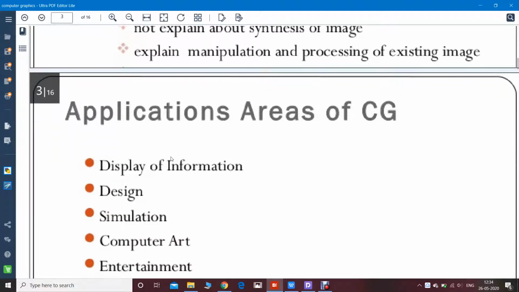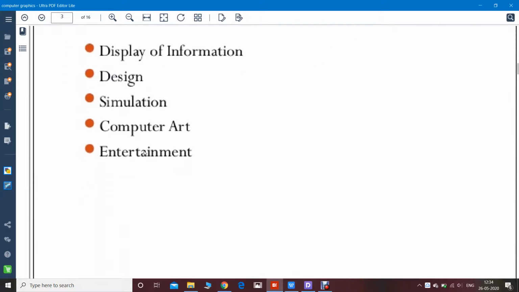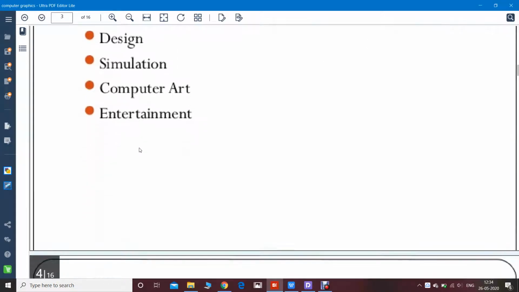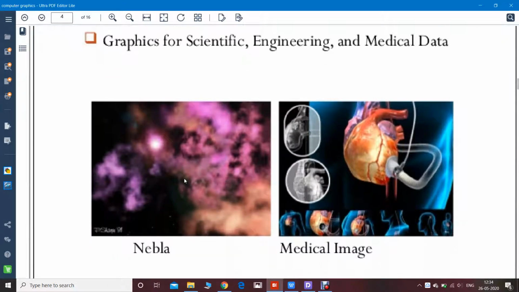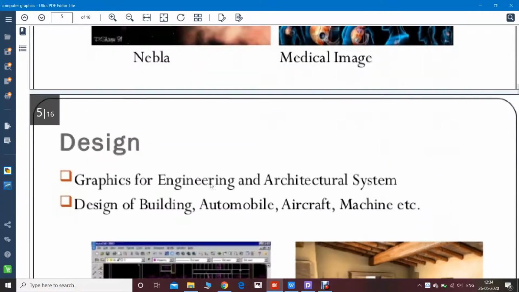Application areas of computer graphics: display of information, design, simulation, computer art, entertainment. Display of information: graphics of scientific, engineering and medical data. There are some pictures which show the graphics of engineering and medical images.